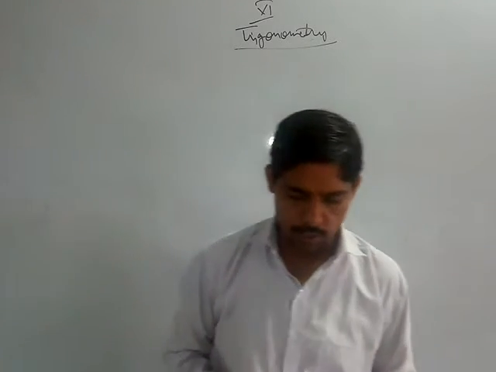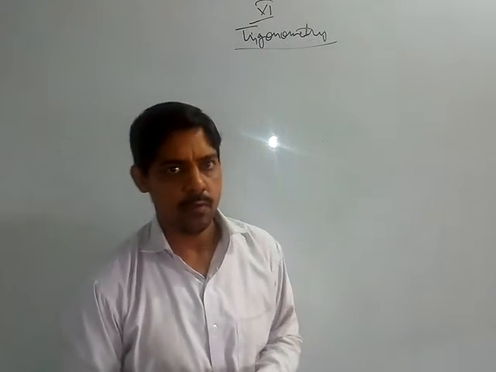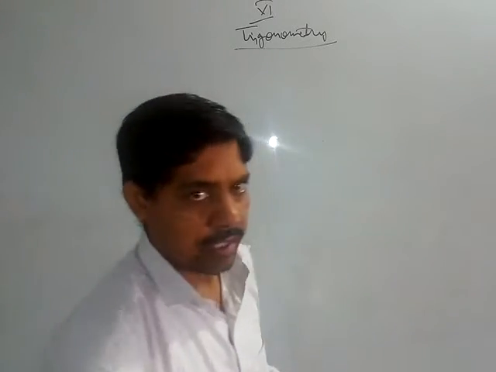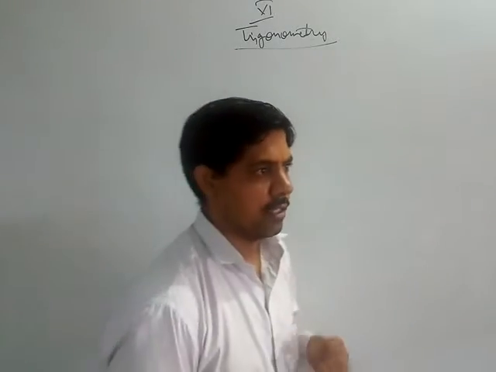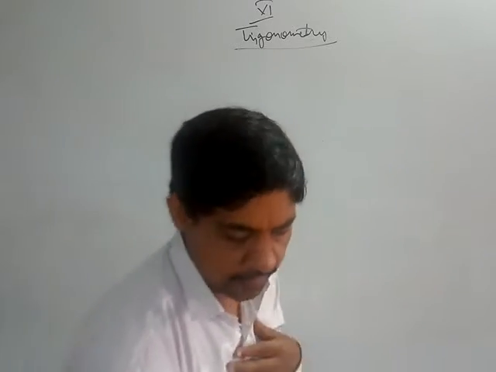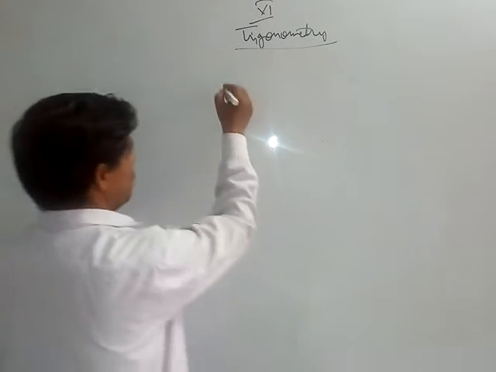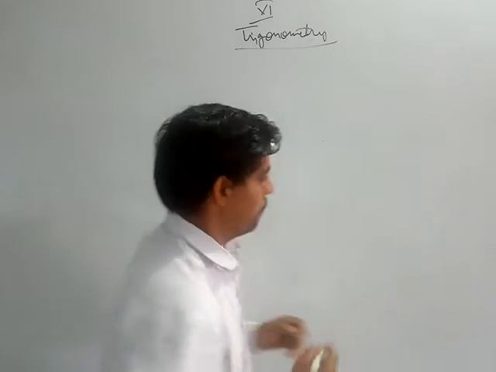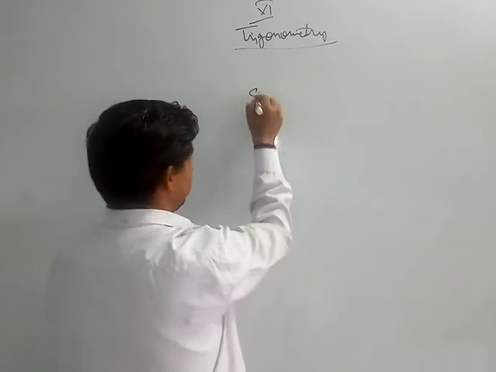As you know, we are doing trigonometry, and in trigonometry we are doing some basic identities, and then we are doing some questions related to these identities. So I will just tell you what are the two identities that we will learn today. One is sum to product and product to sum. So what is the sum to product identity?